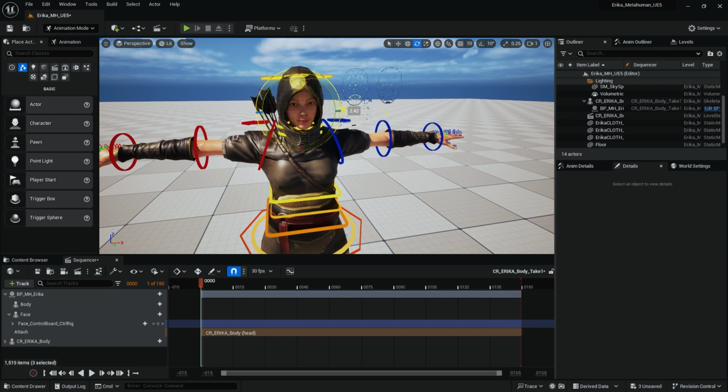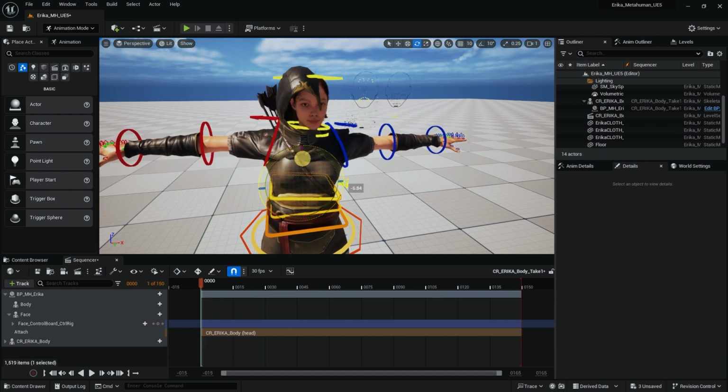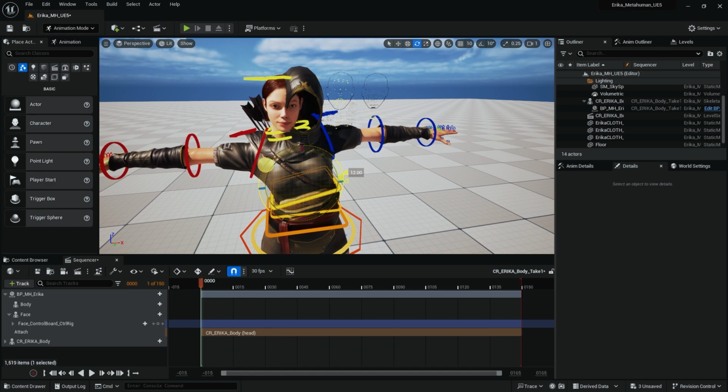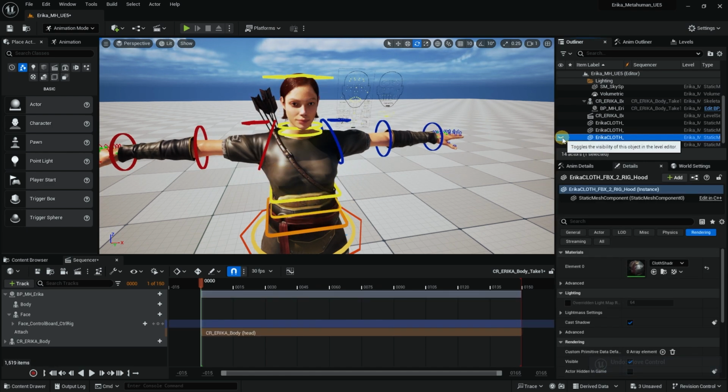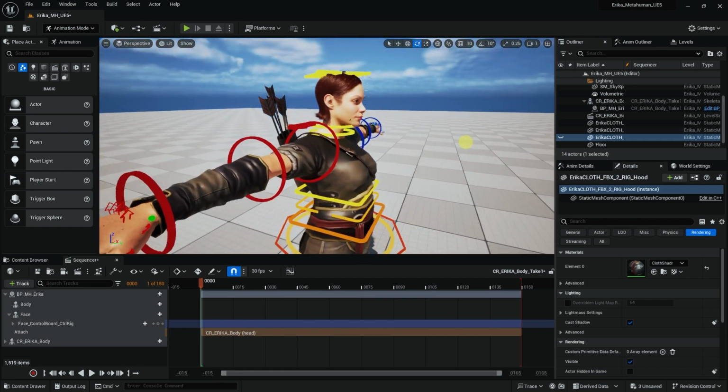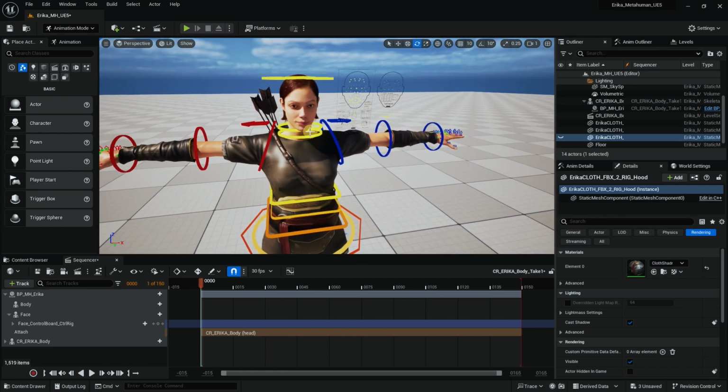You can see that we have something that we probably don't really want, which is that we can still see areas that we probably don't want to see. Of course, the cloth object could be hidden so that we can just have a little bit of her neck. Now, with this area here,